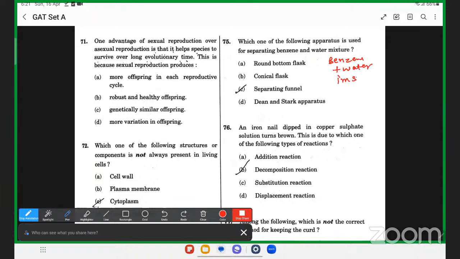ये इमिसिबल है। इमिसिबल होने की वजह से हम क्या कर सकते हैं, सेपरेटिंग फनल का यूज कर सकते हैं, बिकॉज सेपरेटिंग फनल में ऐसे लिक्विड्स को सेपरेट करते हैं जो आपस में प्रॉपर्ली मिक्स नहीं होते। तो बेंजीन और वाटर का जो मिक्सिंग है वो इमिसिबल लिक्विड है, दोनों आपस में अच्छे से मिक्स नहीं होते, इसलिए सेपरेटिंग फनल से हम इन दोनों को सेपरेट कर सकते हैं।